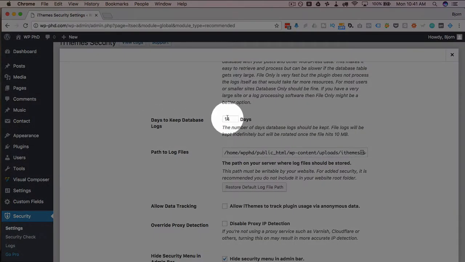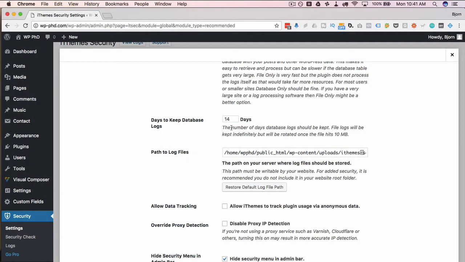The number of days to keep data in the log, defaulted to 14 days. If you set this to 0, it'll stay forever, and that will cause your database to grow and grow and grow. But at 10 megabytes, the logs will be rotated. This means that the log table can't grow uncontrollably and take over your whole database. So choose whatever number you need here for how much backwards data you think you want.